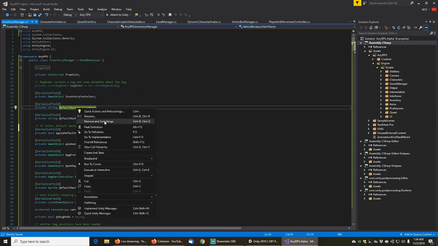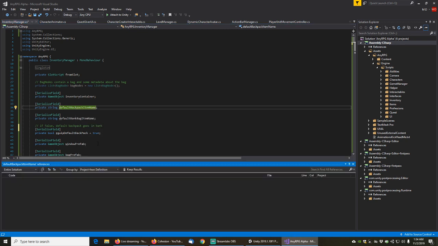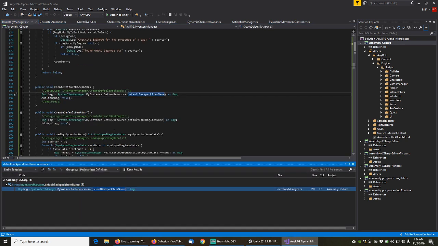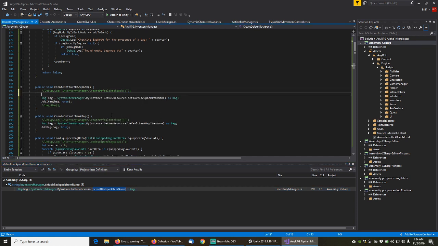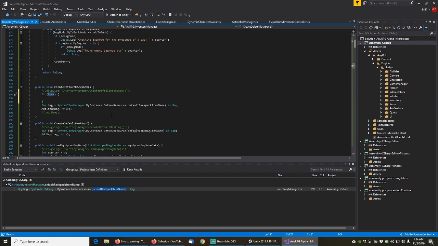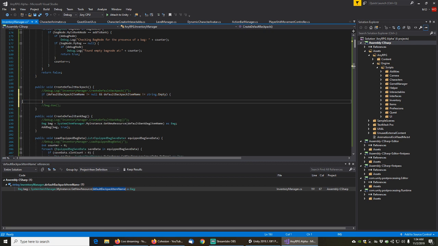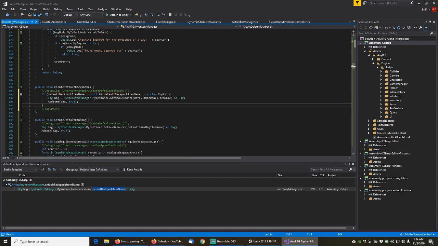Okay, so then we want to go down to the default backpack item name, find all references to it, and basically first we need to do a couple checks. We need to make sure that the default backpack item name is not null, and also that it's not string.empty. Then we can use it,